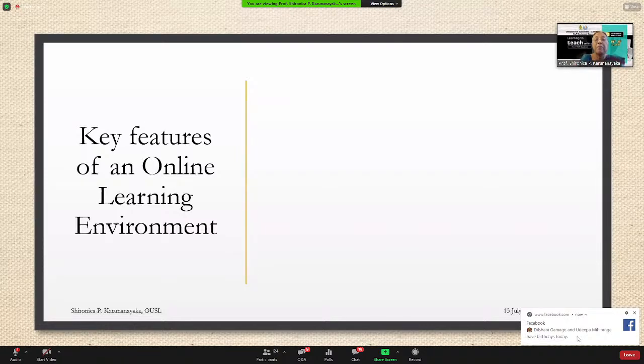I hope these teachers of TVEC also will be facilitated in using learning management systems, because when you use only Zoom, people tend to just deliver lectures. But when you're in a learning management system, the learning process can be facilitated further with so many other things, because there are a lot of very good features in an online learning environment, because it's mainly interactive, because we have to enable the